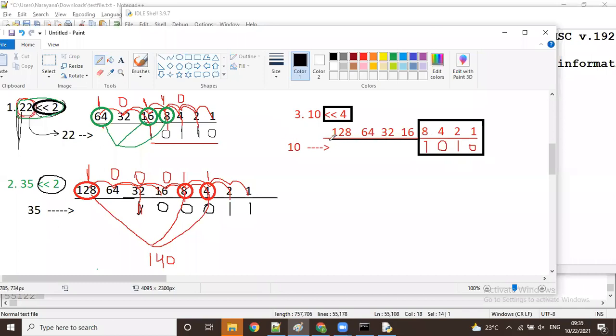Next I have taken the 4 extra places on the left side. Now each one is moving 4 places, right? First place, second place, third place, fourth place. So that one is coming here, that one coming here, that one coming here. This one is going here at 128. Next is 0. Right, 0 is there, and it's also 4 places.